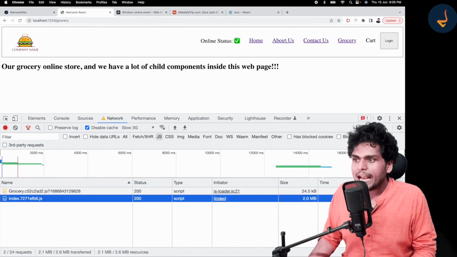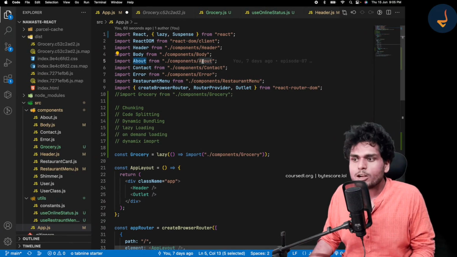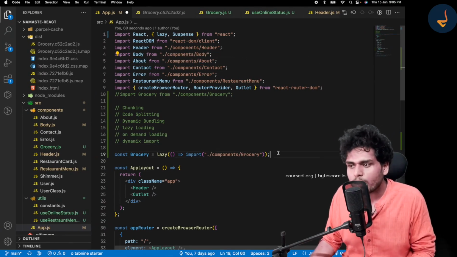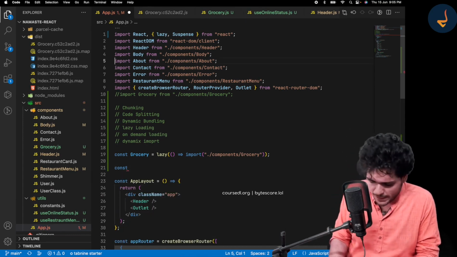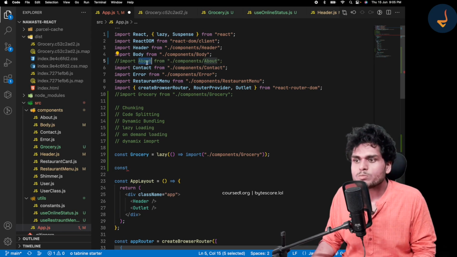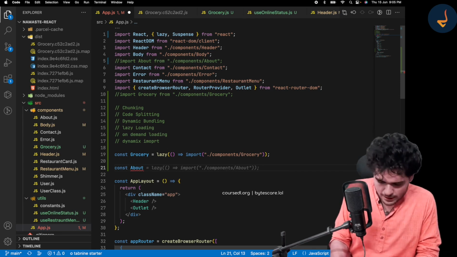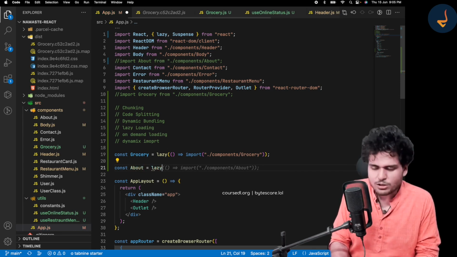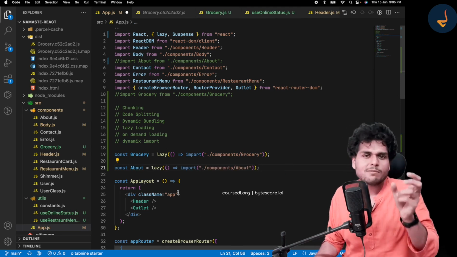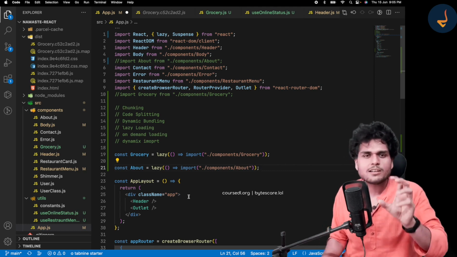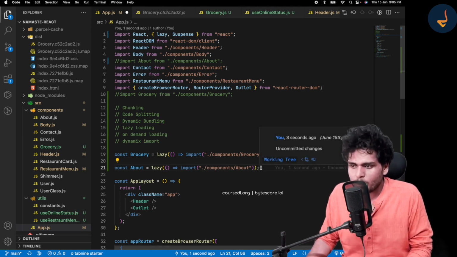Suppose I can also do this lazy loading for About Us, right? How can I do it? Let us do this lazy loading for our About Us. How do I do that? Suppose I don't want to import my About Us like this, I want to use About as a dynamic import. I am just showing it for the sake of doing it. It's not required though, because About is a very small component. It does not need a separate bundle, but I'm just showing it to you. So I can dynamically import it like this.